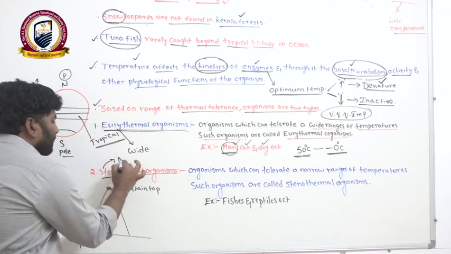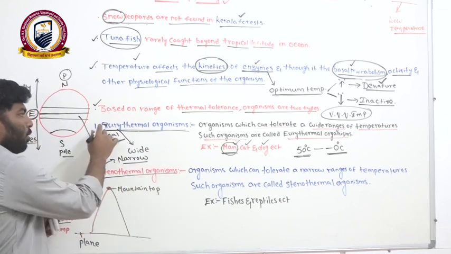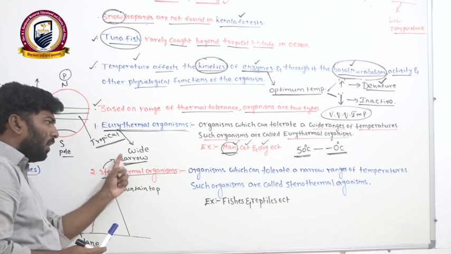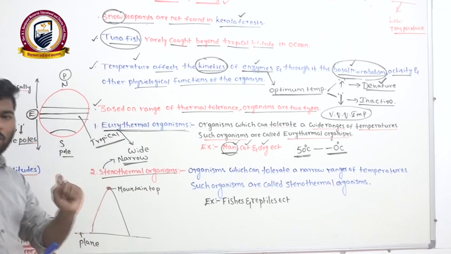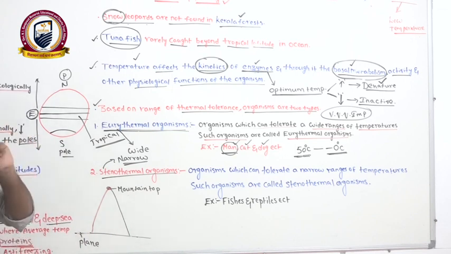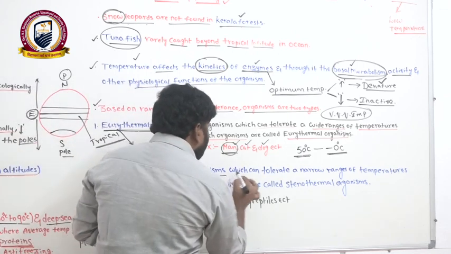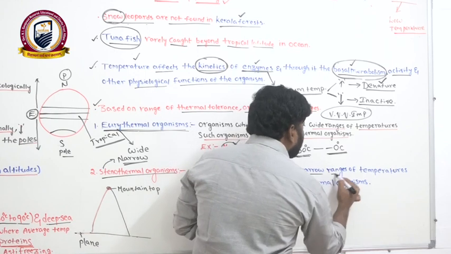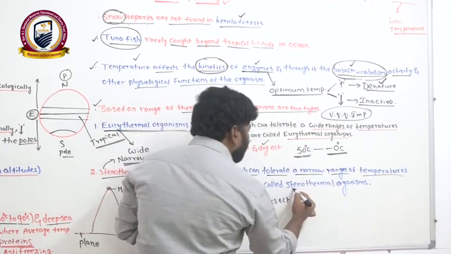Now you can see another one, stenothermal organisms. Steno means narrow. Eury means wide, steno means narrow. These words only you should use in the exam. While writing the definition, use only wide and narrow. Don't use high and low temperatures. Clear? The organisms which can tolerate narrow ranges of temperatures are called